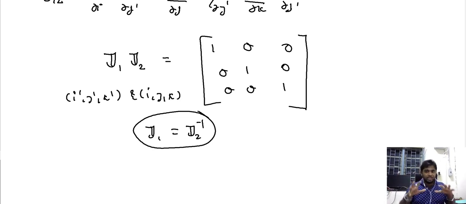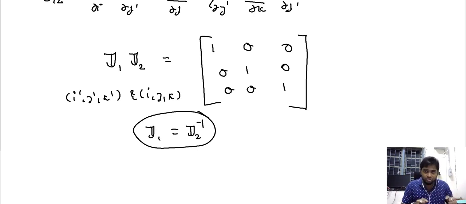Let me repeat, instead of seeing these Jacobians as just a numerical operation, as the combination of partial derivatives of the coordinates of one system with respect to the coordinates of the other system, instead of just having that understanding of the Jacobian, if we are able to show that these Jacobians rather capture the unit vectors for